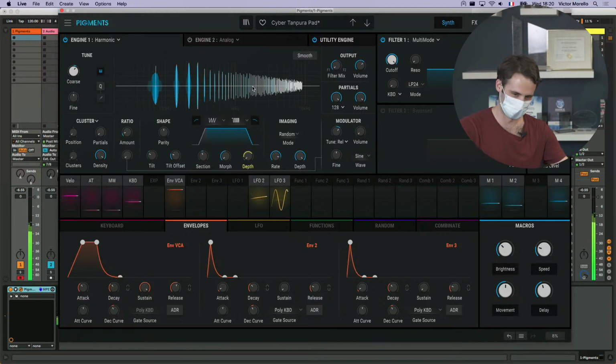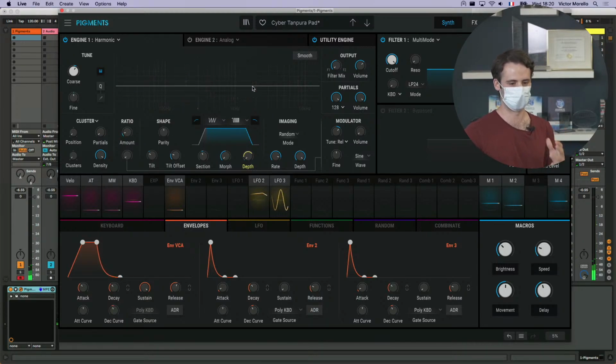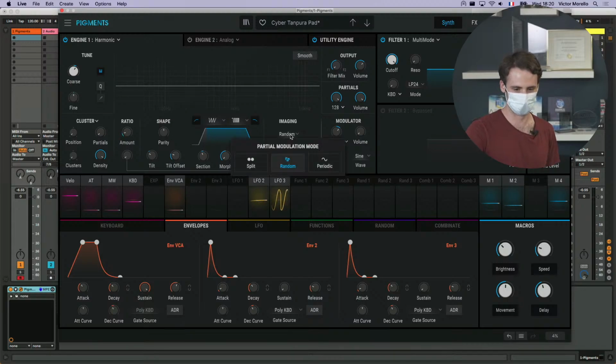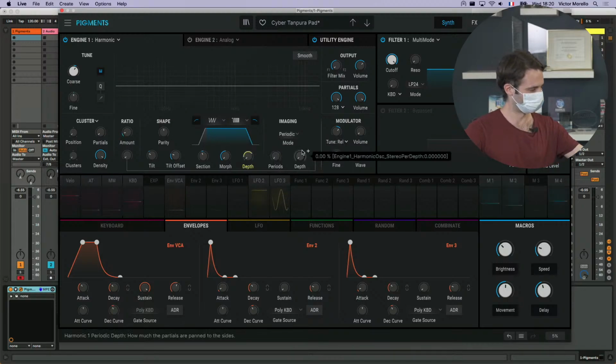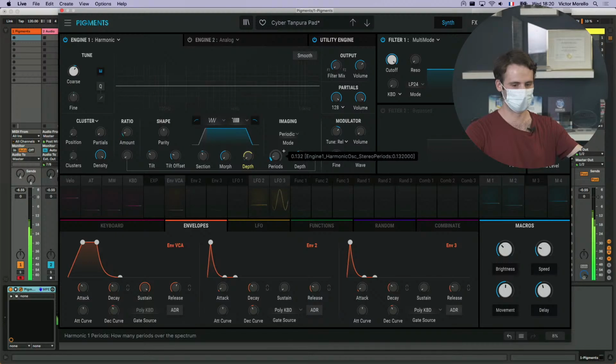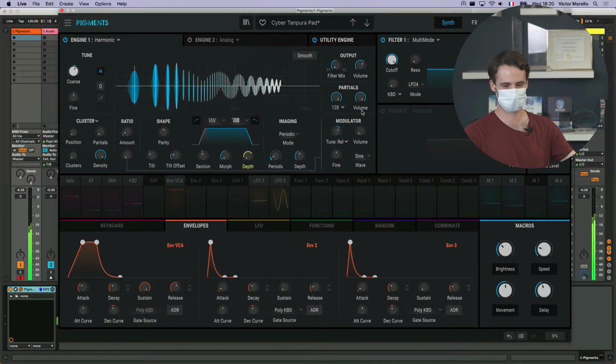The visualizer is actually a very big part of the oscillator because you can see directly exactly what you are doing, and I think it also plays a big part, as a sound designer, in understanding and making sure that you are making the right decision. There is the periodic mode. That is the prettiest to watch, I think. Maybe you can explain how it works a little bit. Yeah, so